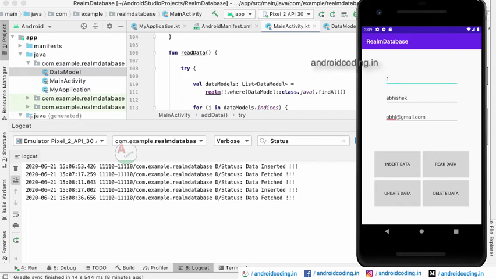Now let us try to delete the data. We can see the user ID consisting of this name and the email ID. Let us now try to delete the data.